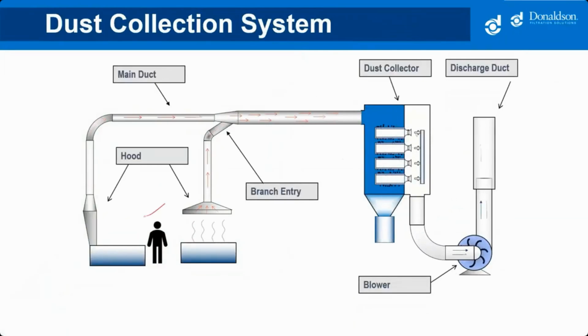Here's a diagram of a typical dust collection system. A blower or fan creates an airflow which is used to capture dirty air with a hood and then convey the material through a series of ducts to a dust collector. Here, the contaminant is separated out and clean air passes through a filter media to the fan where it is